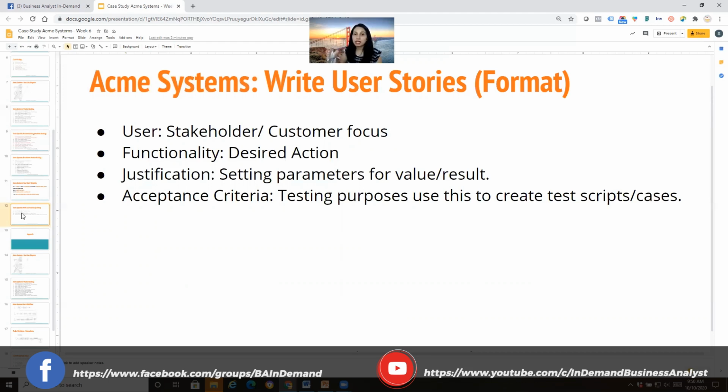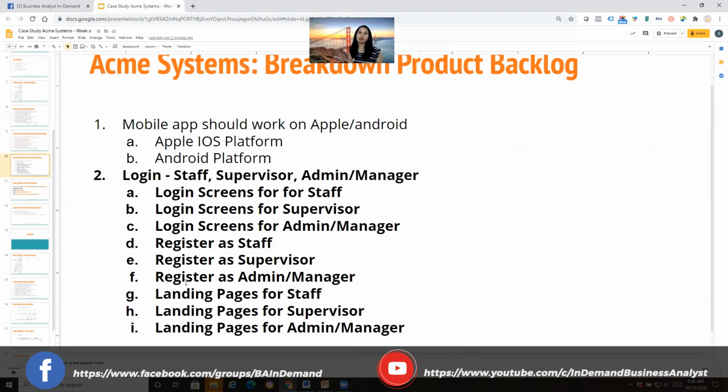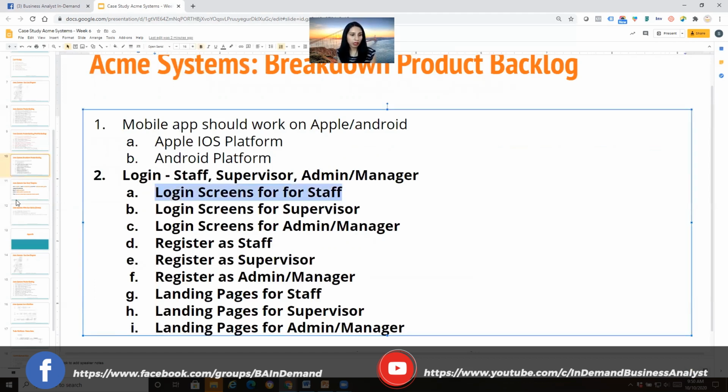So just as an example, we looked at this case study, right? User story template: as a user, I want functionality so that I can achieve some goal. And the acceptance criteria is given some context, when some action is carried out, then a set of observable outcomes should occur. So we'll deep dive next week in writing user stories. But for example, let's take this one, the login screen for staff, right? So we can say,